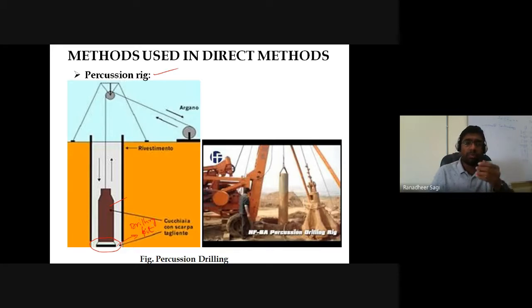From the top you lift this cylindrical tube and then you leave it. When you leave it, because of the weight with which it is falling down, the soil will start getting cut by the sharp cutting edge attached at the bottom of that hollow cylindrical tube. The soil that is cut will penetrate into this tube, and it can be taken out and removed from the cylindrical tube, and then subsequently you can extend your borehole till your required depth is achieved.